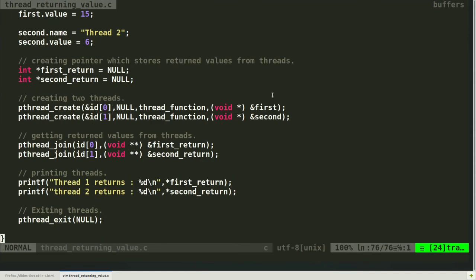For thread creation we provide 4 values. The first is the address of the thread id. Here we provide the address of the thread id, but in joining we don't provide the address, we simply provide the thread id. This is a key difference you should keep in mind. The second value is our attribute. In the next video I'll show you what an attribute is and how to set it. In this video leave it as default. In most cases you don't need to provide an attribute.